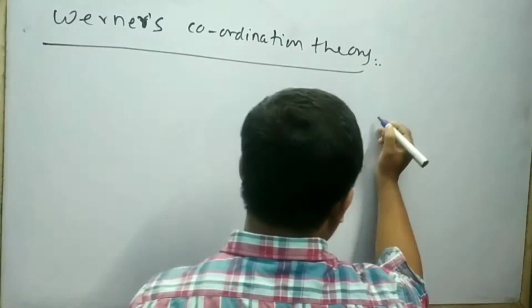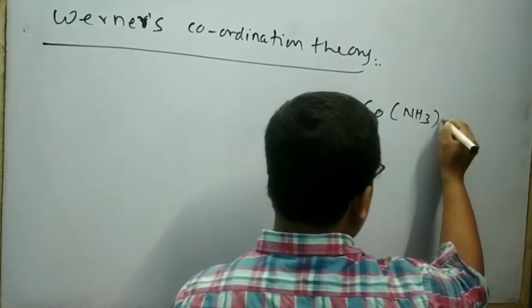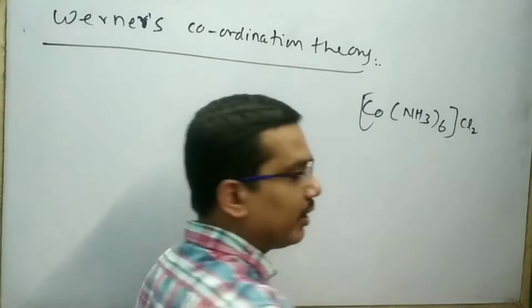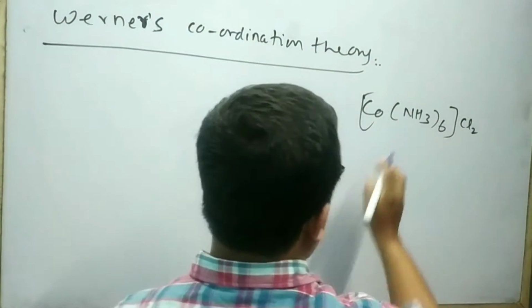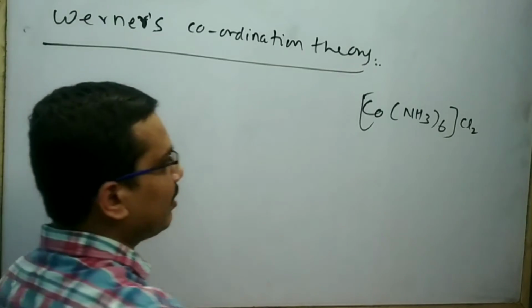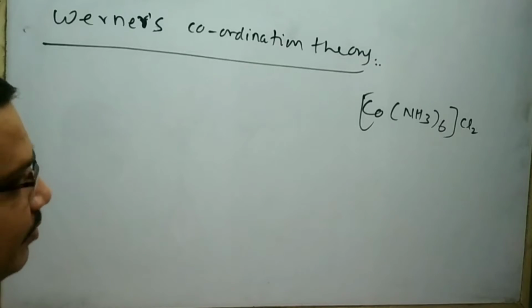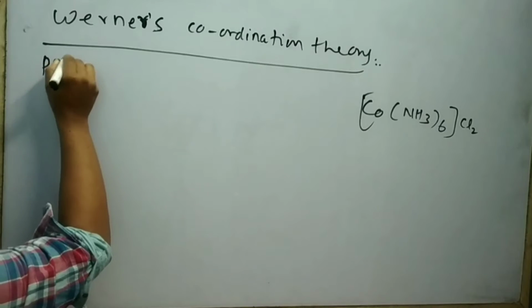Suppose I take a coordination compound, [Co(NH3)6]Cl2. This is a coordination compound. Our aim is to draw the structure of this coordination compound. This can be done with the help of Werner's coordination theory. At first, I will discuss the postulates